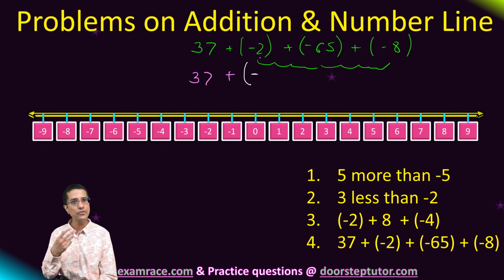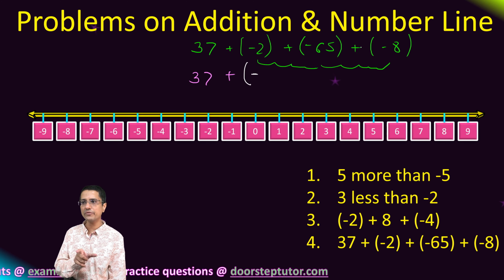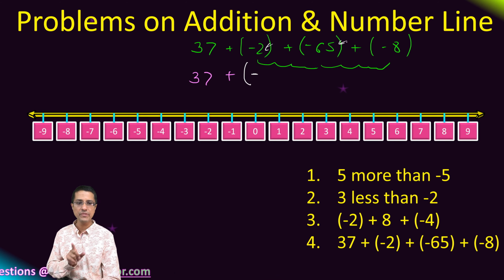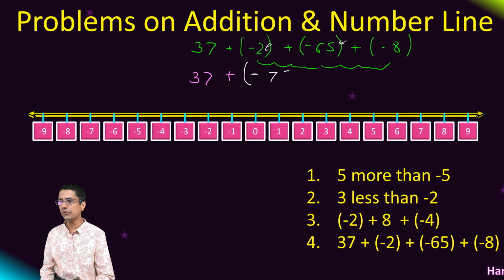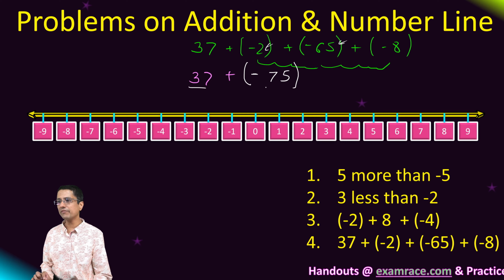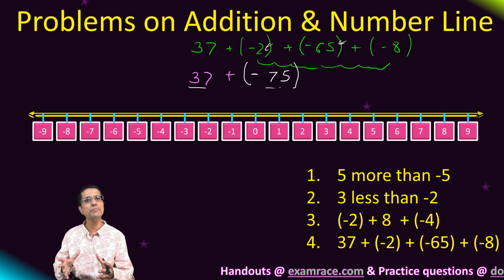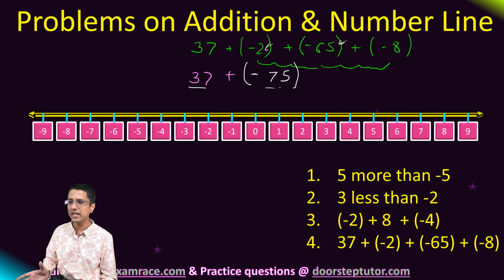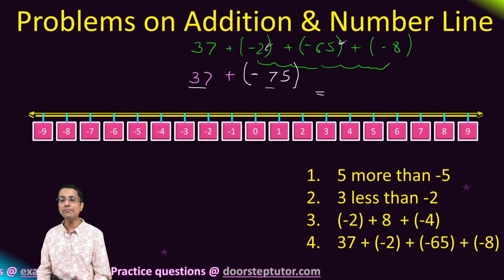So of course the sign would remain negative because all of these terms are negative. So my sign would be negative and I'll add them together to get the magnitude of my answer. So if you add them together, the answer comes out to be 75. So now here I have one positive term and one negative term, and that is our standard method. That is the method we would be using. We'll combine all the negative terms and all the positive terms and then finally we'll add them together.